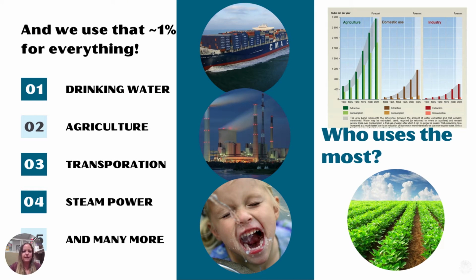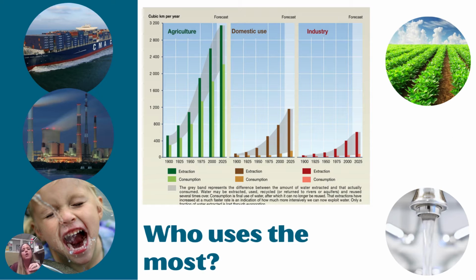And in the Central Valley, it's pretty obvious that it's agriculture. So if you look at that graph in the upper right-hand corner, it shows that ag uses the most amount of water, and then it's domestic use. So then it's drinking. And then after that would be industry, so steam power and things of that nature. If we were looking at petroleum here, we would really be looking at kind of an opposite situation where industry would be using the most, and then domestic is probably still in the middle, and then ag. But when we're looking at water, we're looking at agriculture, and they are using a lot of water.